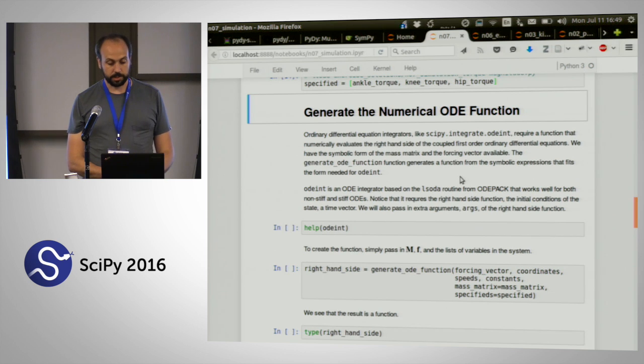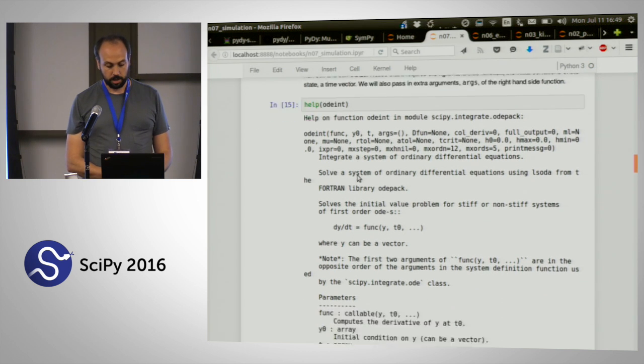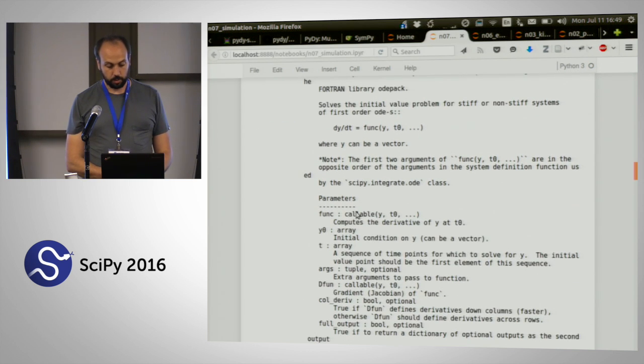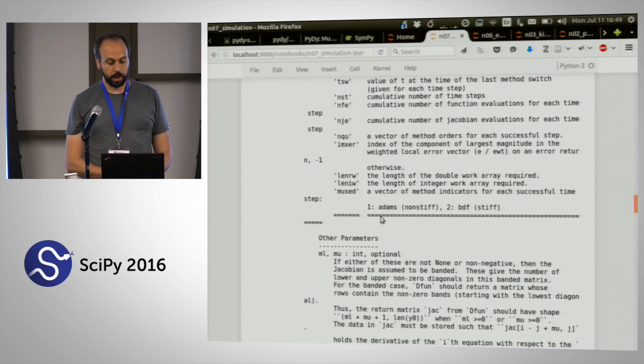Okay, so the next bit is that we're going to take this symbolic ordinary differential equation and use a function called generate ODE function to transform that symbolic into a fast numeric function. If you note that ODE int requires that we provide it a function that can evaluate the right-hand side of the first order ordinary differential equation. Okay? Generate ODE func,